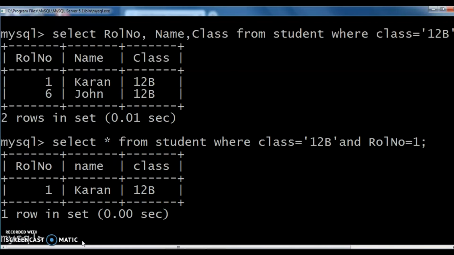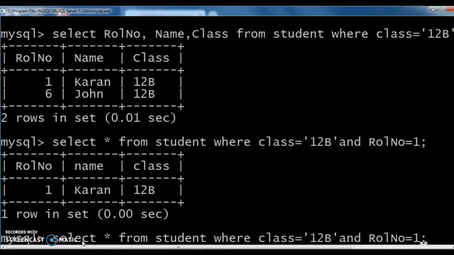Check this one. We can see 1, current, 12b. If the 2 conditions are satisfied, all those details we can see. Okay.